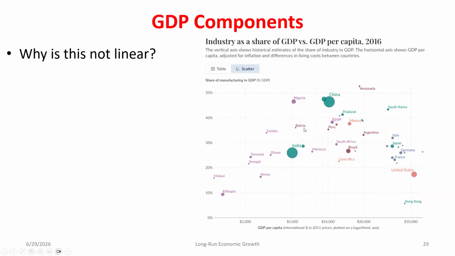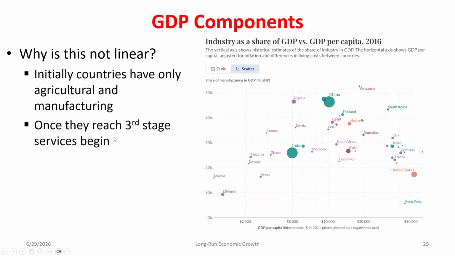Initially, as I see increases in GDP, I start to produce more manufacturing goods. But at a certain level, we said we move from the manufacturing stage. If I continue to see increases in GDP, I won't be producing physical products in the manufacturing stage. I start to move towards that third services stage, right? So initially, these agricultural economies are moving to the manufacturing stage, but then over time, they leave the manufacturing stage, and